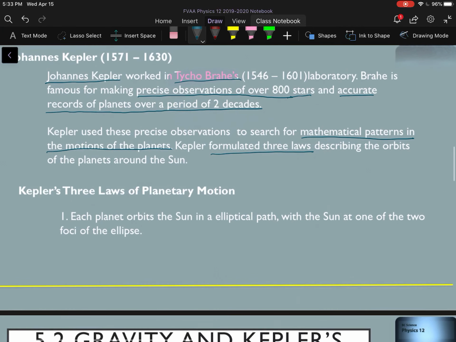These 3 laws, by the way, make an excellent multiple choice or short answer question, so just be mindful of that. Number 1: each planet orbits the sun in an elliptical path, with the sun at one of the 2 foci